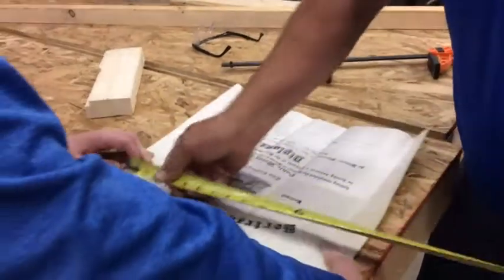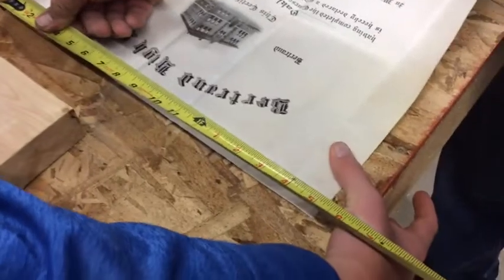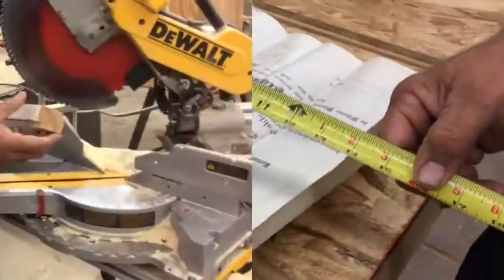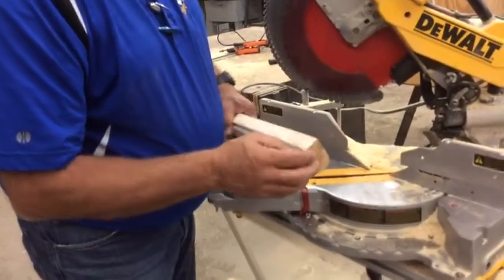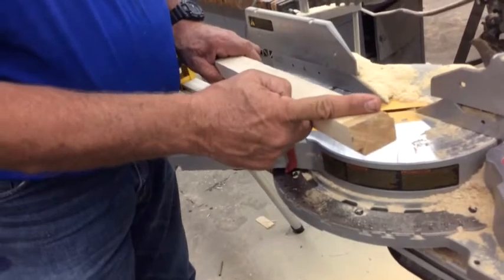Measure my document, and when I measured it across, I'm about 17 long, okay? So that's important information, and I'll show you where we're going to use that 17-inch measurement. I've got the beading on the outside, decorative edge. I've got the rabbet joint, and so I need a 45 right here for one of my